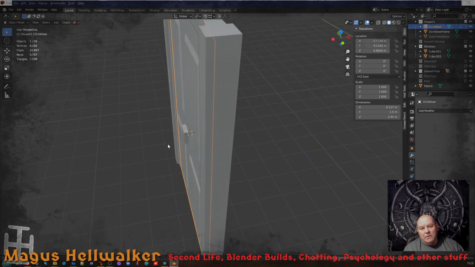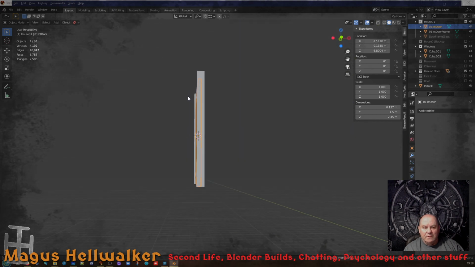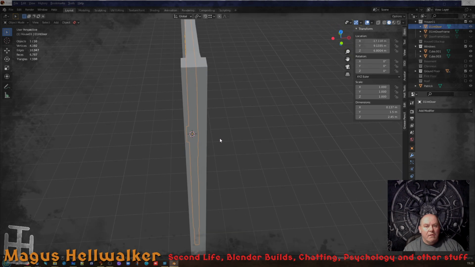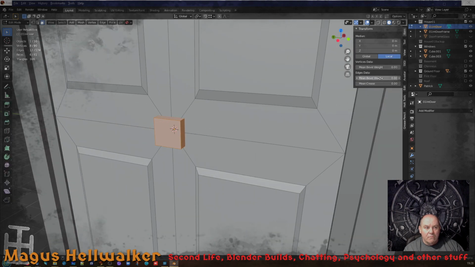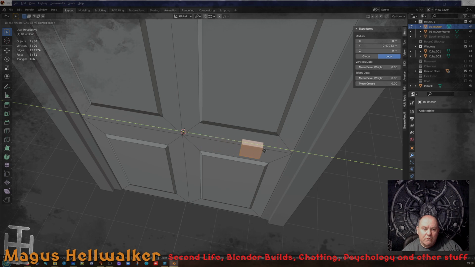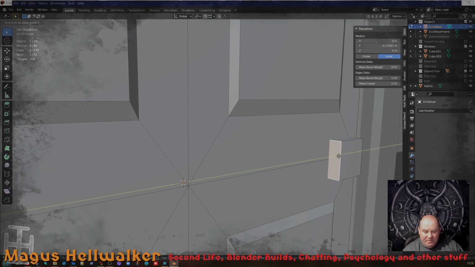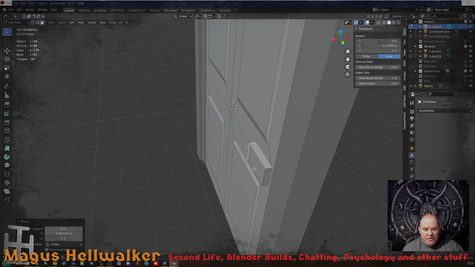It's almost like the door is not perfectly aligned with the y-axis. I don't know what was going on there. The strangeness of Blender sometimes. It throws you. It does it on purpose. It just knows that